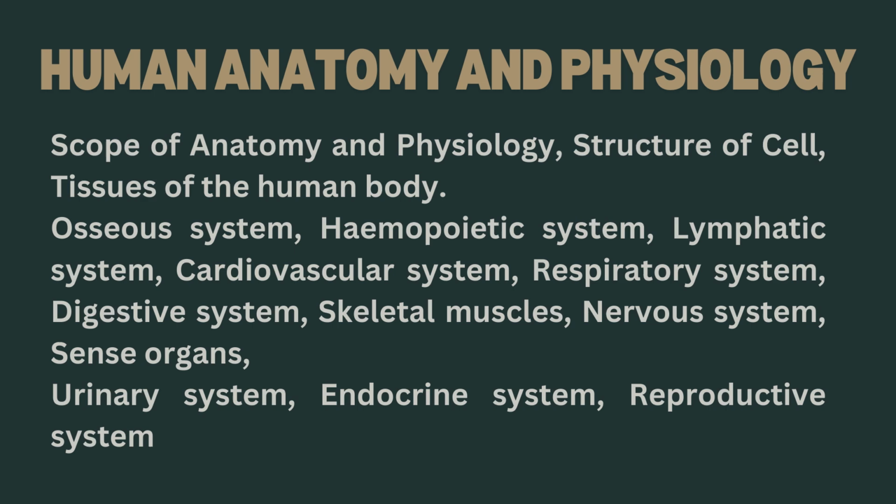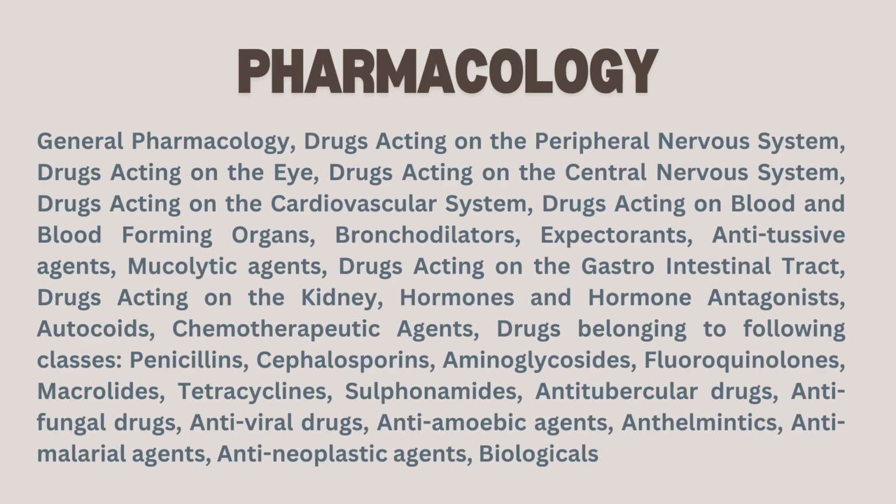Human anatomy and physiology: scope of anatomy and physiology, structure of cell, tissues of the human body, osseous system, hemopoietic system, lymphatic system, cardiovascular system, respiratory system, digestive system, skeletal muscles, nervous system, sense organs, urinary system, endocrine system, reproductive system. Pharmacology, general pharmacology,